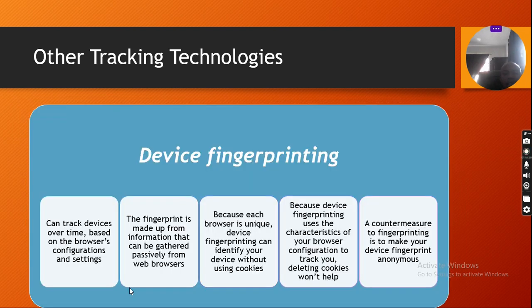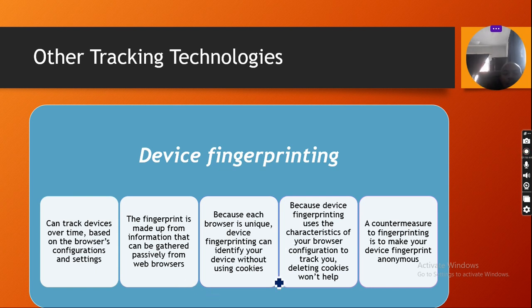Now let's talk about device fingerprinting as another tracking technique. It can track devices over time based on the browser's configuration and settings. Fingerprints are made up of information that can be gathered passively from the web browsers.